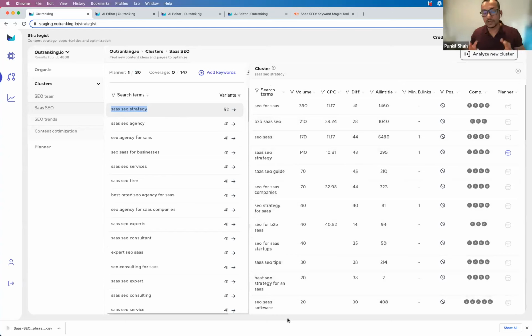So there are 2 ways you can say clustering. Clustering is like this giant web, where everything is connected with each other. That's clustering. But this is also clustering. This is clustering semantically related terms that can be covered by one topic. So this is what that cluster is. This is your groups. Now I looked at the first group and I figured out that there are 52 keywords here that I can target with one post.